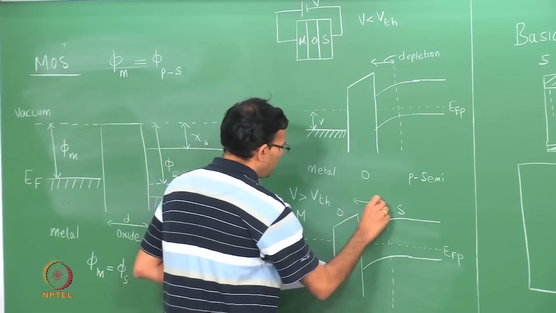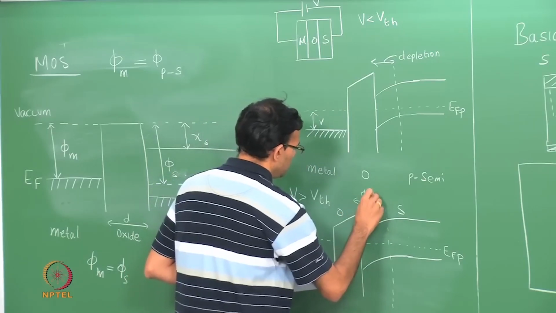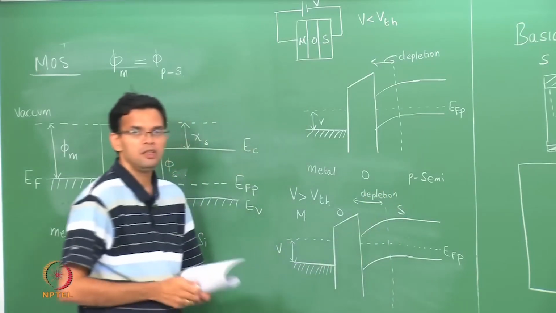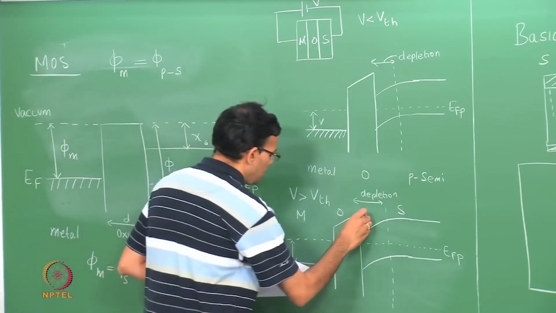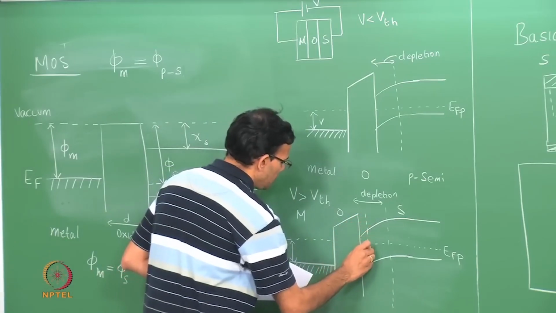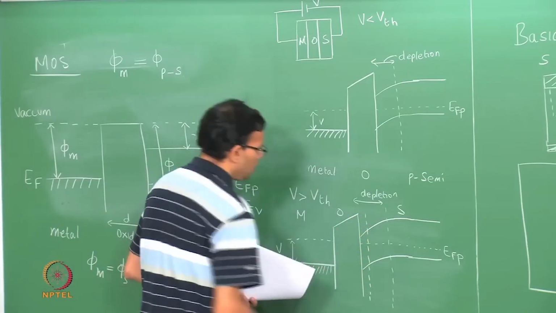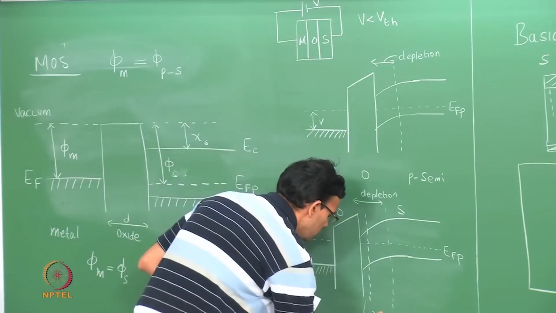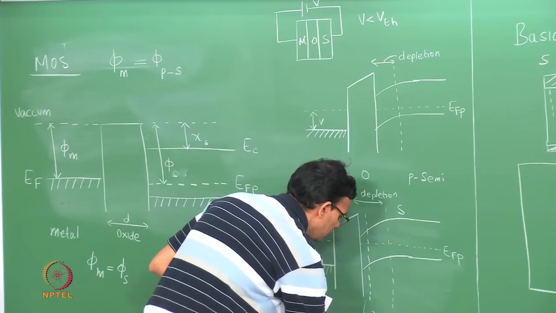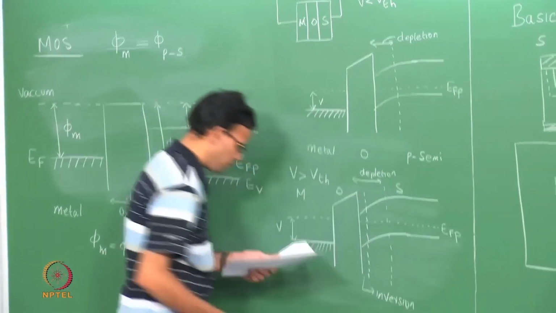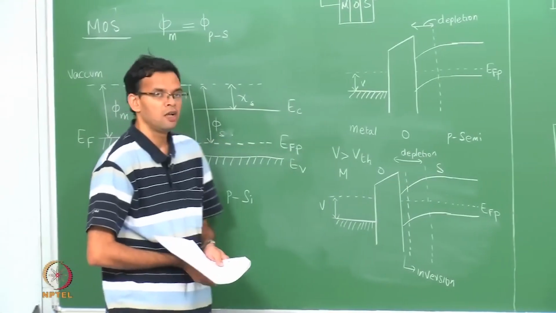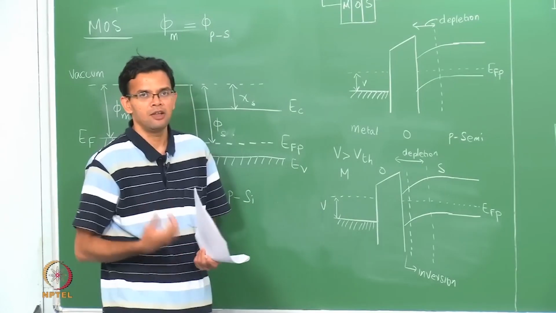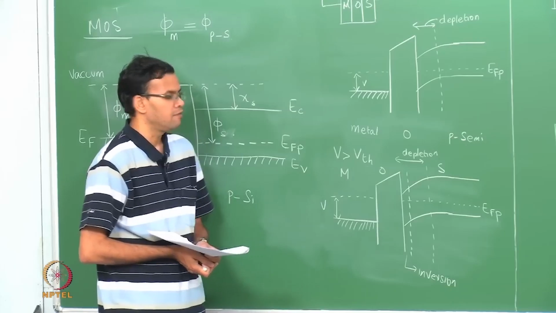Now, you have a depletion region, but within the depletion region there is another smaller region where n is more than p, so that you have inversion. So, this is what happens to the band diagram in the case of metal oxide semiconductor when we try to